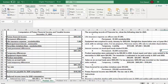The second item states that equipment was acquired in early January for $450,000. Straight line depreciation over a 6-year life is used with no salvage value, but for tax purposes, Pinecone used a 30% rate to calculate depreciation. So for tax purposes, 30% of $450,000 is $135,000. 450,000 divided by 6 for straight line is 75,000. So that means we have a temporary difference of $60,000 of additional expense for the tax return